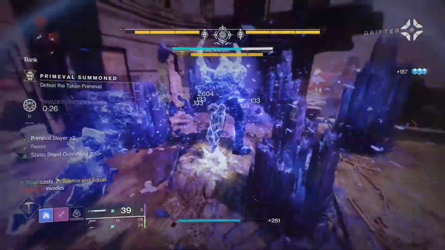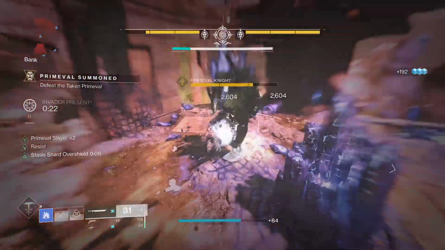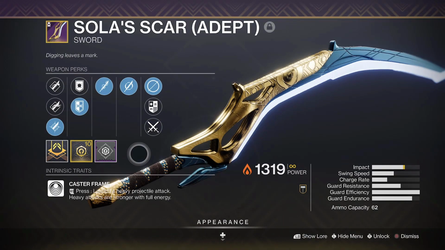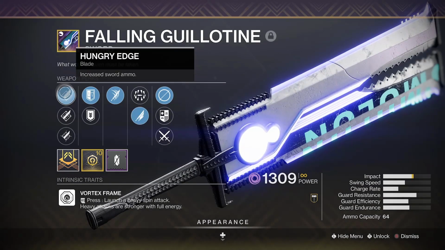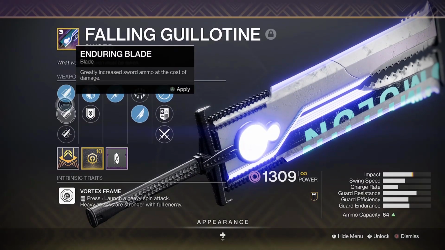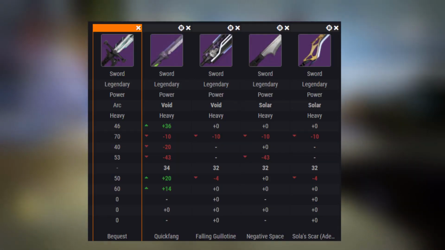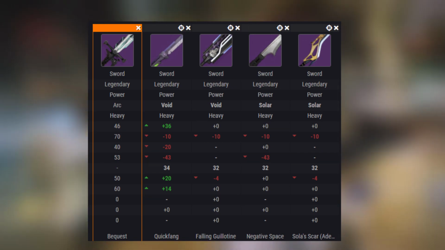All legendary swords that any character can equip, no matter what archetype they sit in, have exactly the same impact stat, whether that's Vortex Frame swords, Caster Frame swords, or Adaptive Frame swords. These can be changed slightly depending on the blade perk you pick, granting a slight change in the base impact and ammo capacity. This is where the Bequest differs though, as it has by default an additional 10 stats in